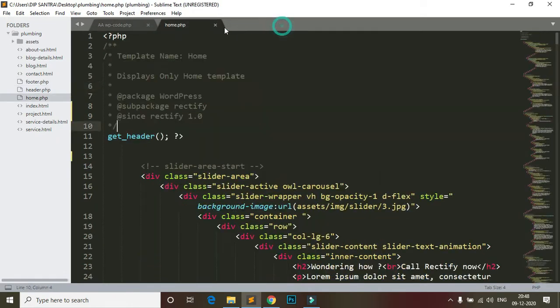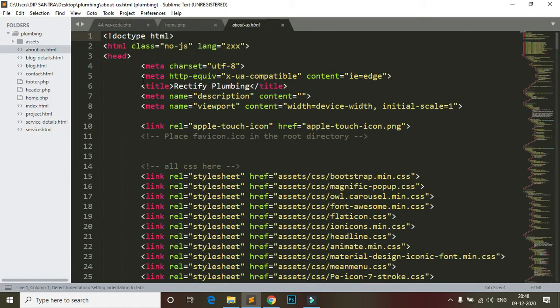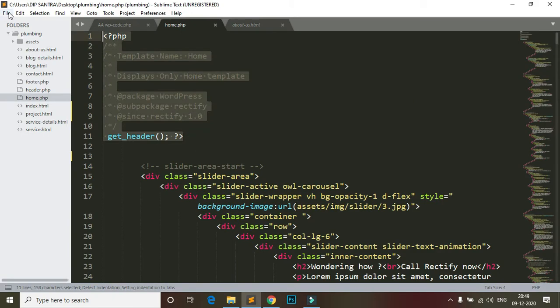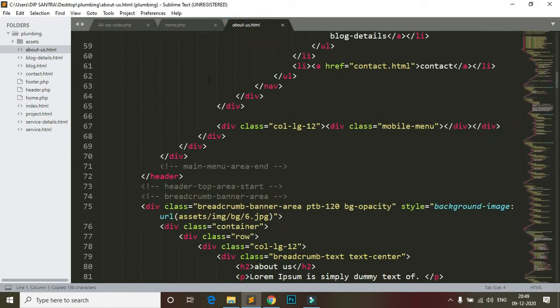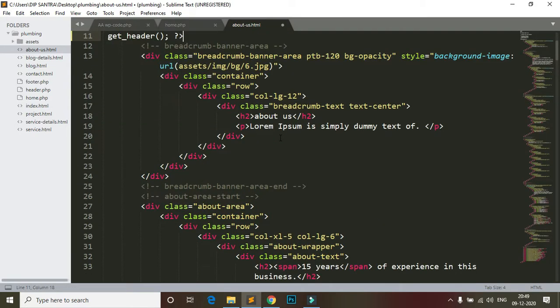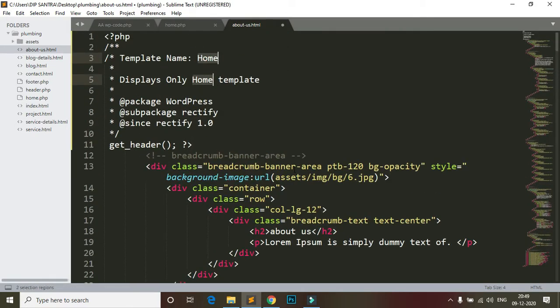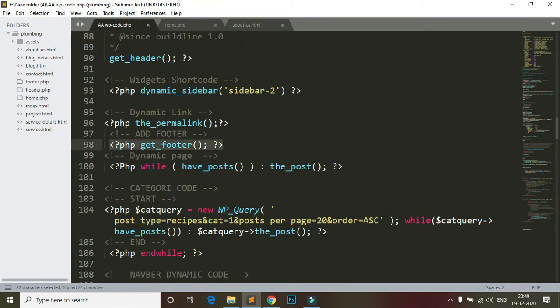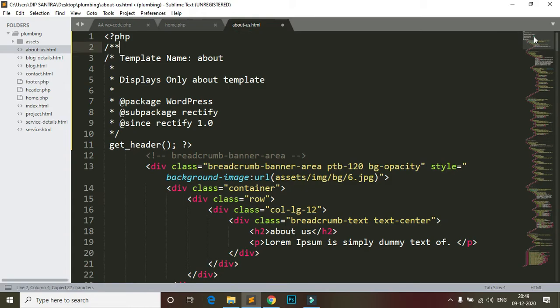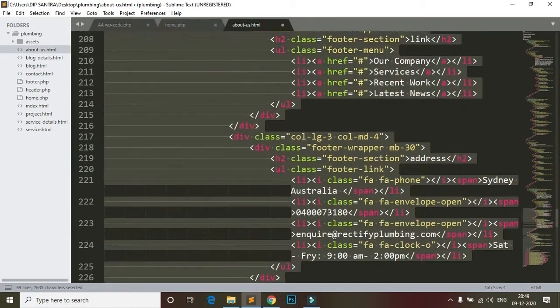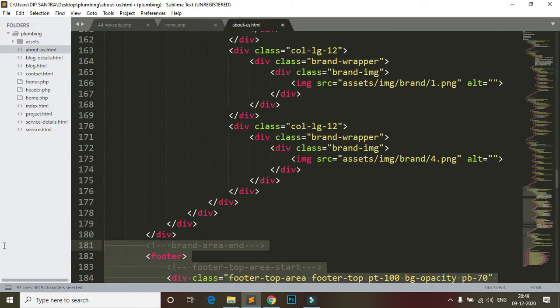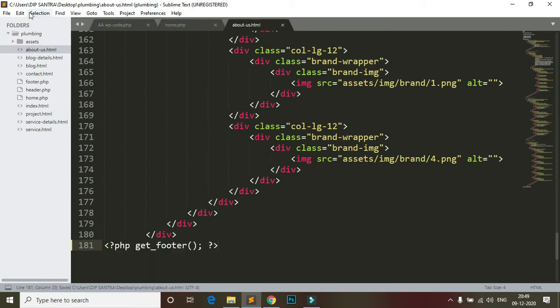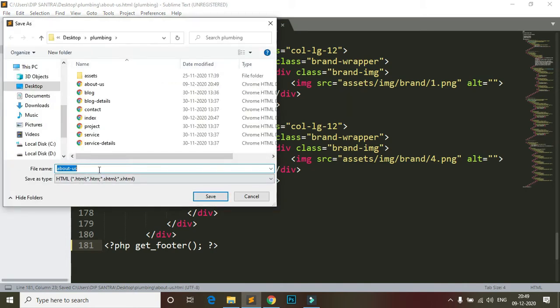Then I need to do the about page also, so I copy the header from the home page and about, paste, change the name from home to about, and create and add footer, footer and save as about.php, about us.php.